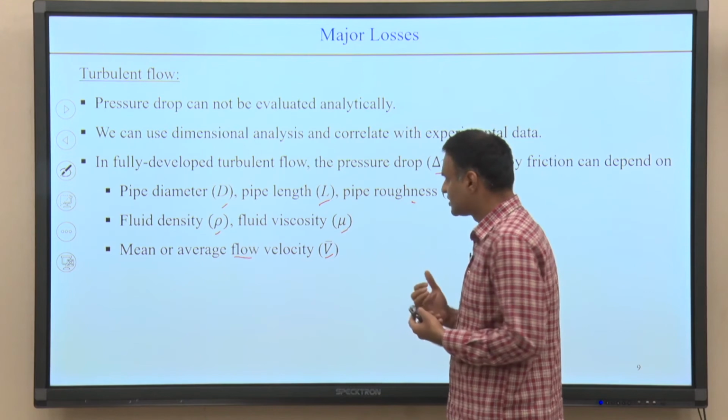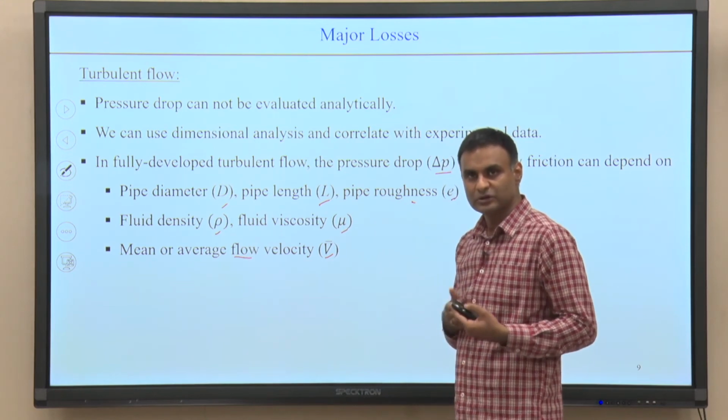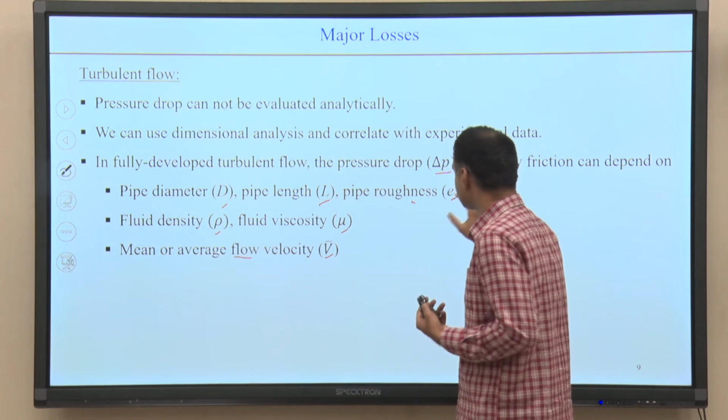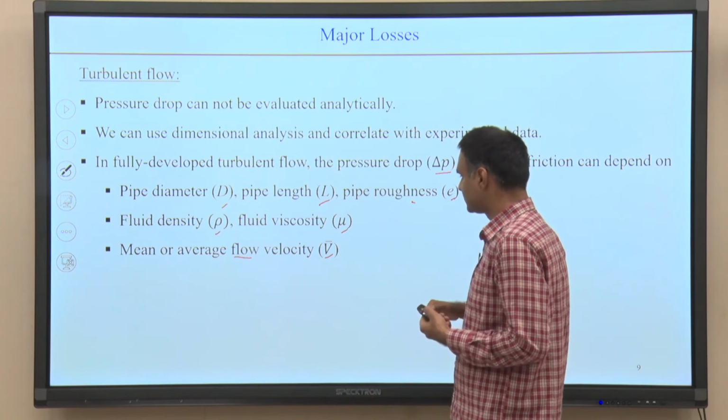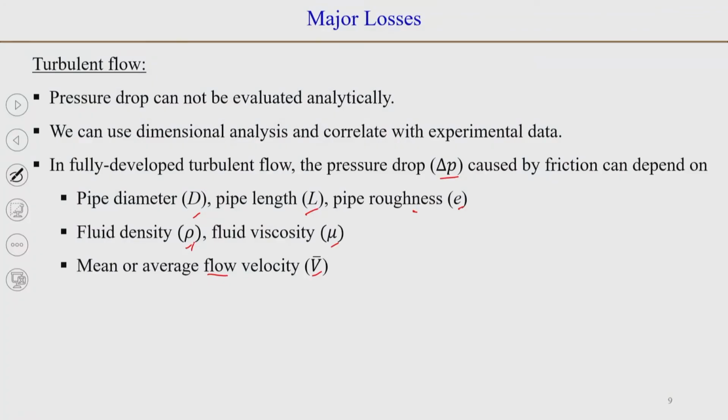What we could do is use the Buckingham pi theorem or Gibson's method, or just by looking at the variables we can define the non-dimensional groups. If we take rho, V bar and diameter D as our repeating variables, then we can see what non-dimensional groups we can form. We see here that there are 2 more quantities which have the dimensions of length, so we can simply write them as L by D and e by D. So, 2 dimensionless groups we have already formed.